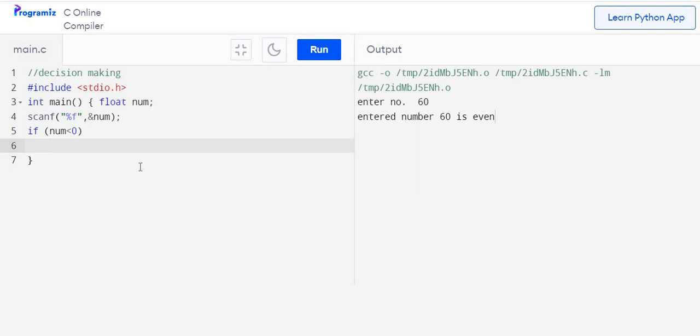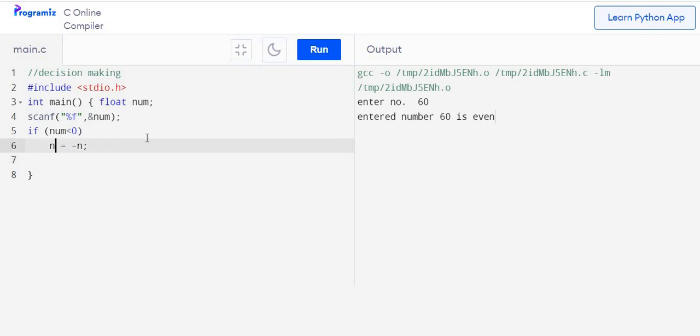If number is less than 0, the number is negative. So what we have to do is convert it to positive. So let us use the assignment type operator: num is equal to minus num. So the number has become positive from negative. This is a single statement, so curly brackets are not necessary. If number is not negative, then don't do anything on this num.